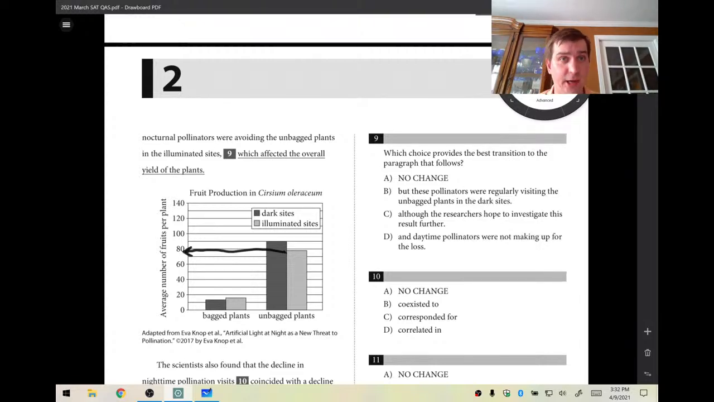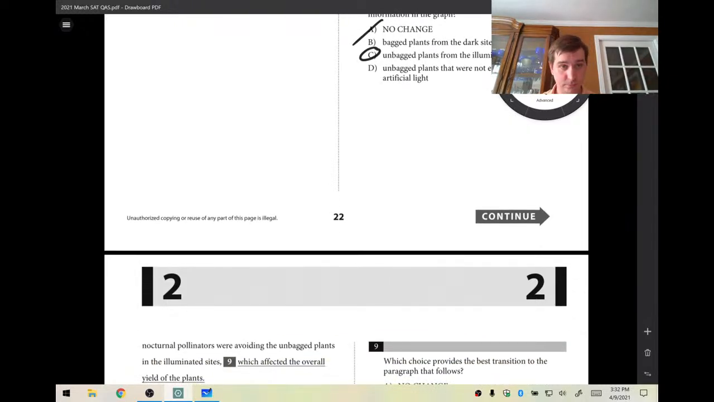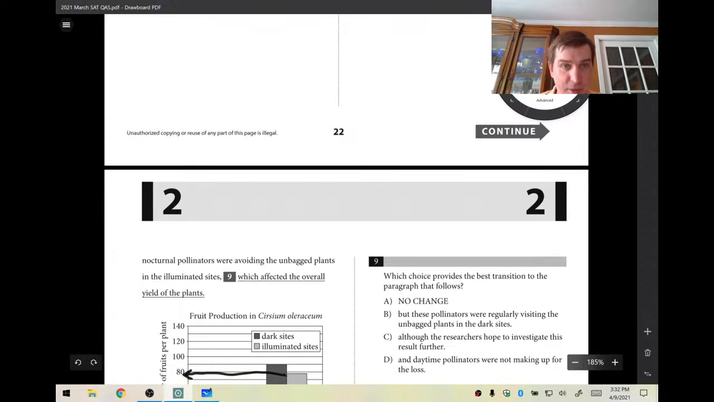I'm going to read the sentence as written. Here we go. From these results, the researchers concluded that nocturnal pollinators were avoiding the unbagged plants in the illuminated sites, which affected the overall yield of the plants. So we want the best transition to the paragraph that follows. And the paragraph that follows